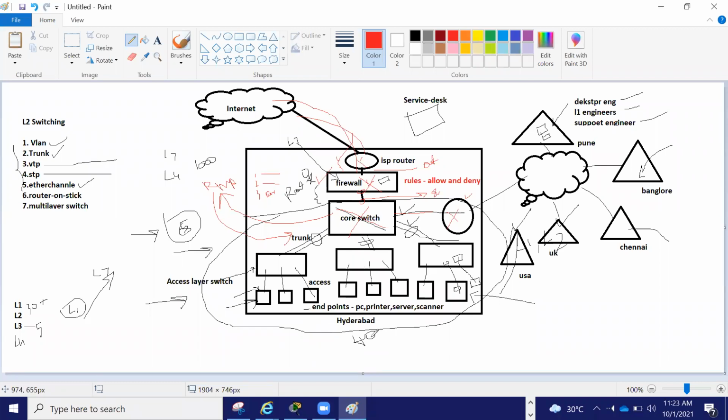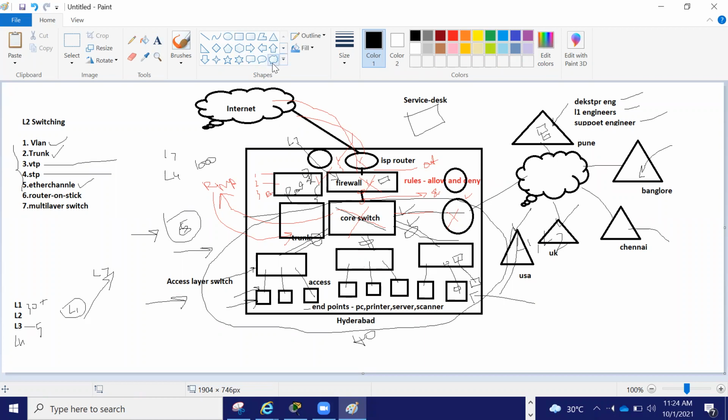So with this single point of failure, just think, in a multinational organization, as I told, everywhere there will be two switches used. Let me modify this diagram. They will use two core switches, two firewalls, two internet routers, and there will be two MPLS routers also.